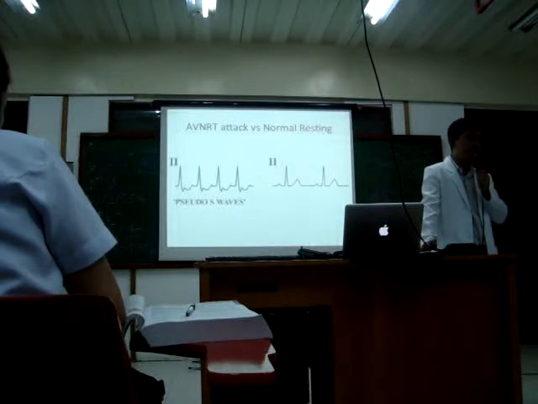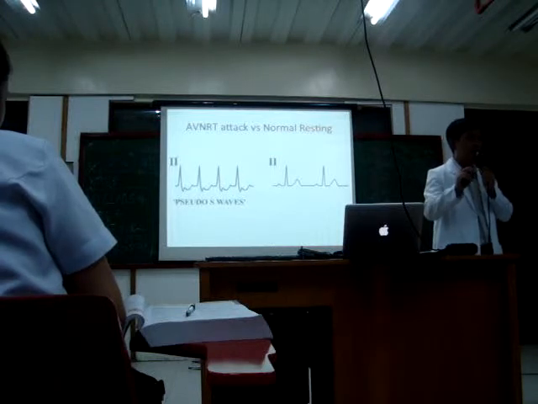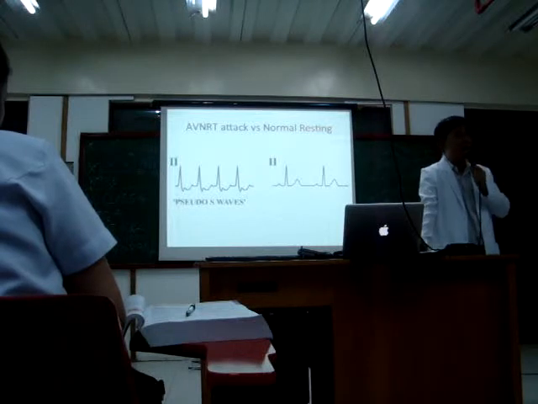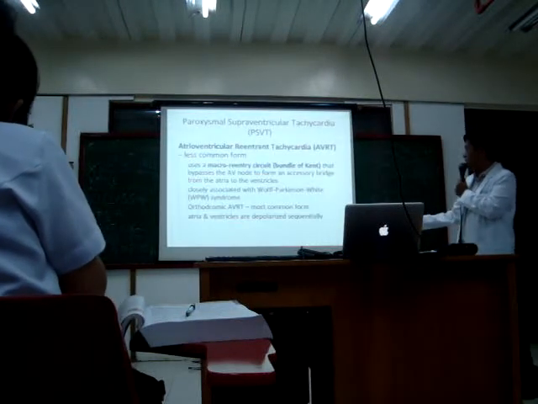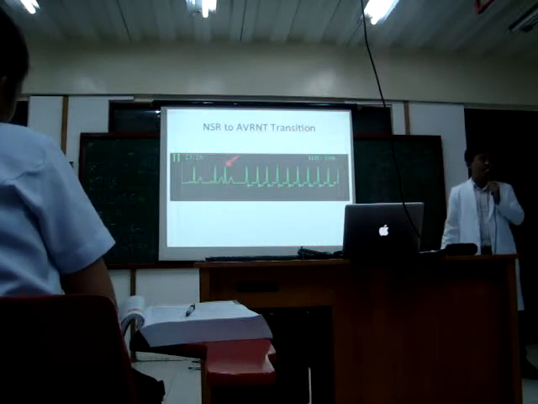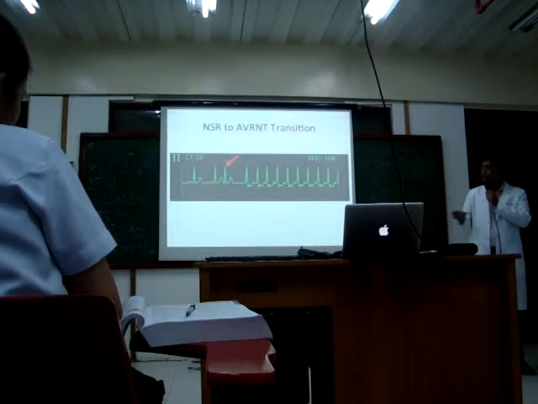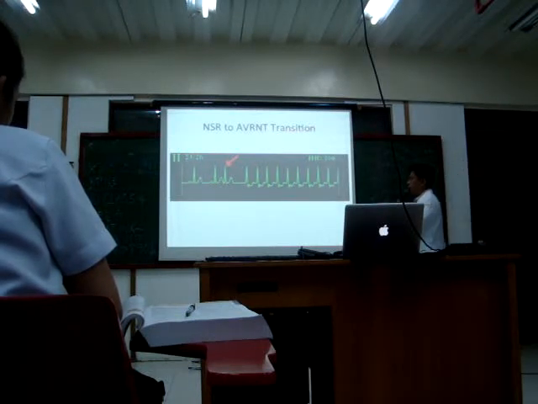Another explanation for that is, remember the word overdrive suppression? I talked about that last week. Because now the pacemaker is the AV node, even if the SA node is firing, because the AV node is firing so fast, the ECG can't read the SA node anymore. It's buried inside this 166 heart rate. Because the SA node fires what? 60 to 100. So it's not going to be seen anymore. Okay? Note this about AV-NRT, another thing you need to know. The R and R